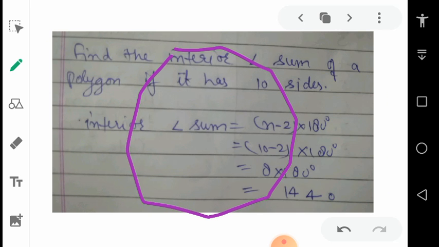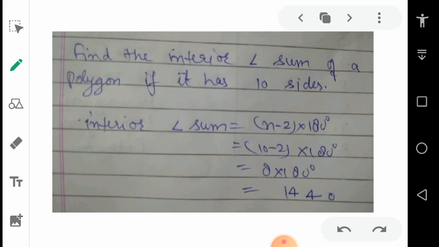And there is a variety of questions. Sometimes it is asked what is the sum of all interior angles. But sometimes the sum of interior angles is given, and it is asked how many sides there are in the polygon. So simply, if we want to calculate the sum of interior angles, use the formula in a simpler way: n minus 2 multiplied by 180, put the value of n, and step by step you get the answer.